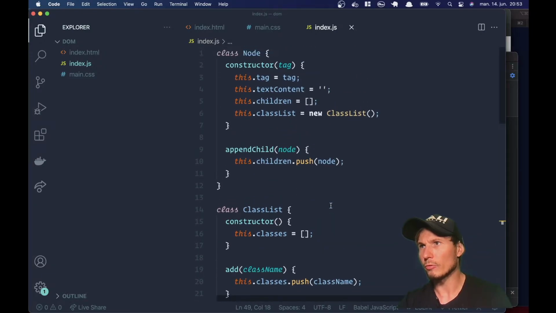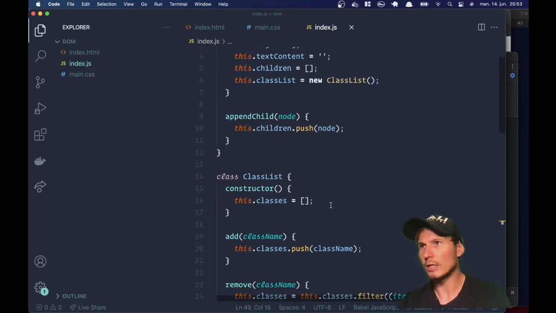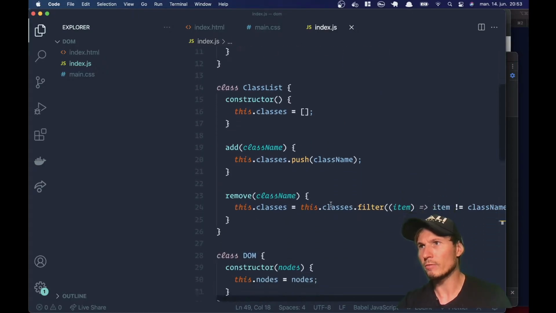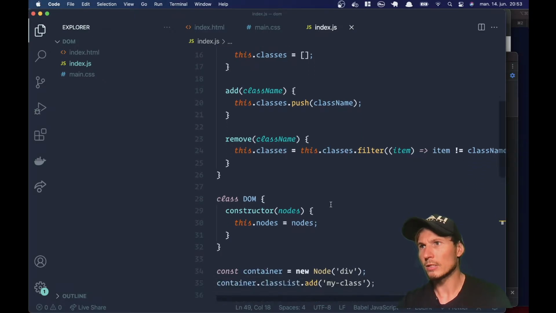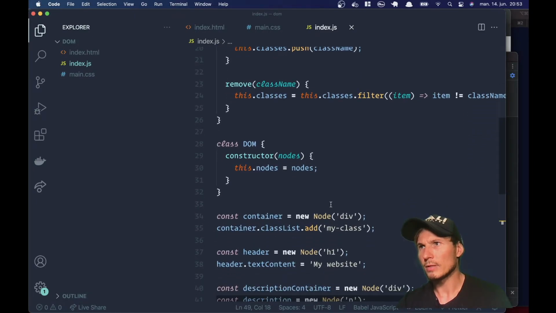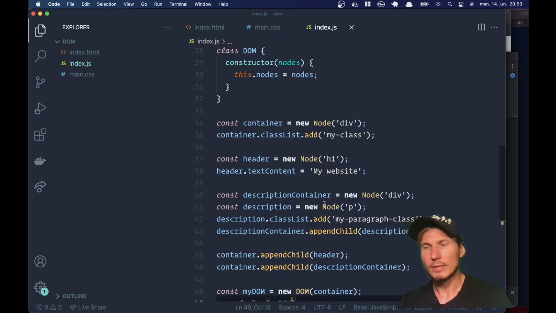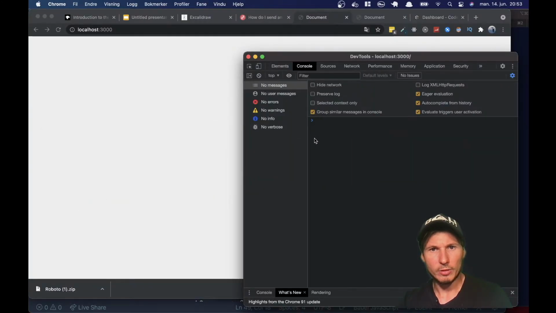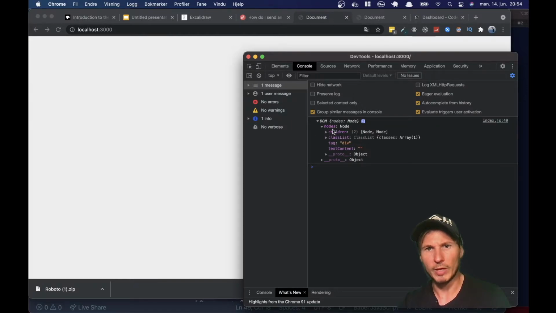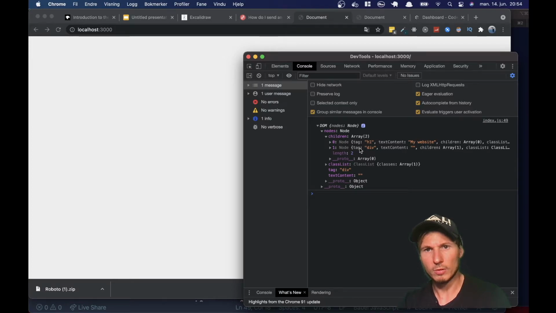And we'll go through just so you can see what's been written if you missed it. So yeah, let's go ahead and check out our console. If we refresh, now we have the DOM, and we have nodes, and we have children inside of here, and